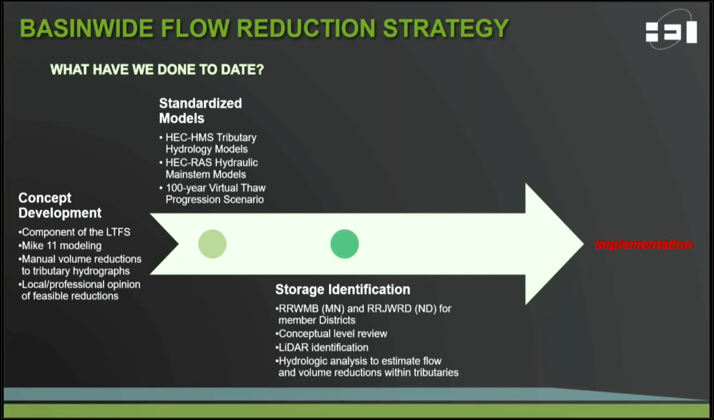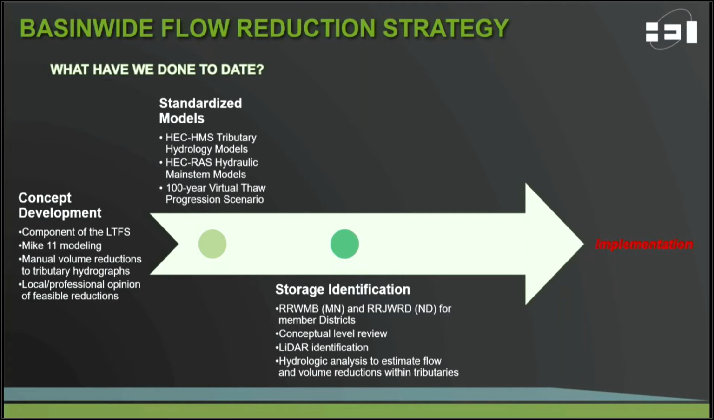Once those models were available, there was desire to take a look at these goals that exist for the 20% flow reduction. Are they actually attainable? So essentially what happened at that level was the Red River Watershed Management Board on the Minnesota side of the basin and the Red River Joint Water Resource District on the North Dakota side, each within their respective sides of the state, sponsored moving forward with developing tributary detention plans, essentially identifying what is available in the landscape for storage. Very high level look, kind of looking at